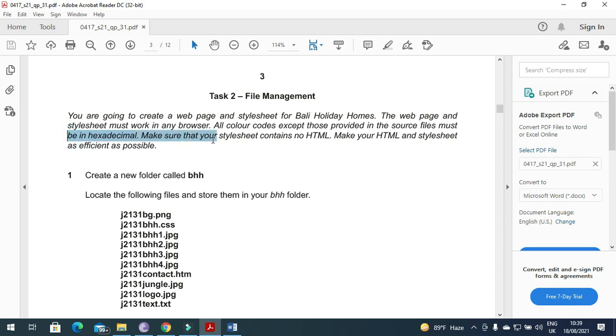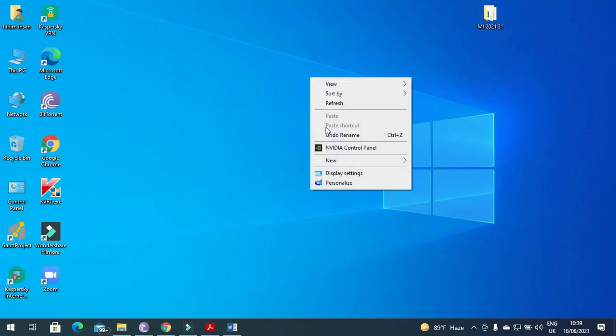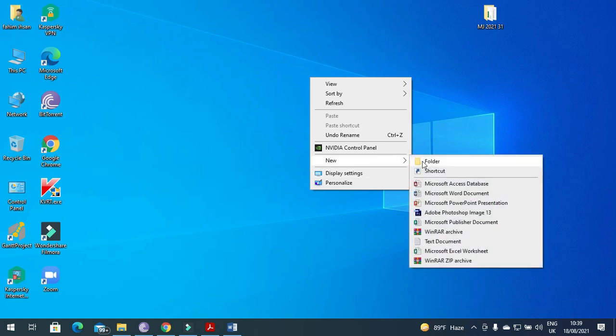Make sure that your style sheet contains no HTML. Make your HTML and style sheet as efficient as possible. So you need to create a folder called BHH. So we'll create a folder called BHH,